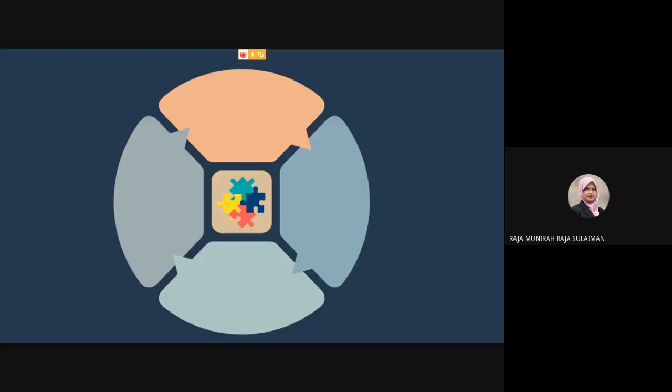Okay, this is what you can do in EdPuzzle after you upload the video. The first one is you can crop the video. You can make it shorter. For example, the video is 12 minutes and you want to cut it into 4 minutes. You can do it in EdPuzzle. The next one is you can insert a voice. Before the students watch the video, you want to insert your voice as an introduction. You can do it.